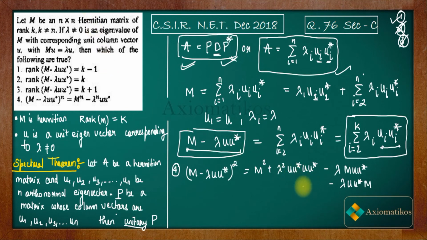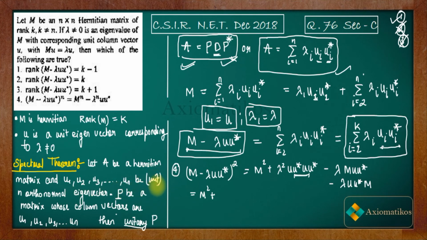Now see, don't consider this lambda as something else. It is actually lambda 1. All right. Don't think that u is something else and u1 is something different. It is actually u1 and lambda 1. Now see, we will start by writing M square plus, now what is u star u? It represents the norm of u. It's the definition of norm. Now you know that they are orthogonal eigenvectors, and I forgot to mention that they are also unit vectors.